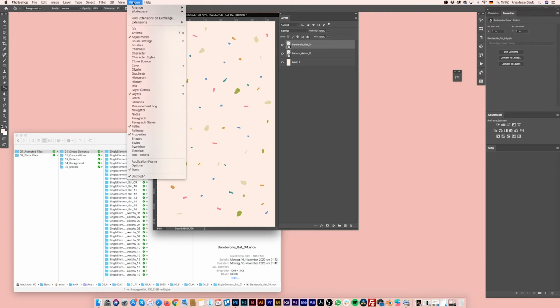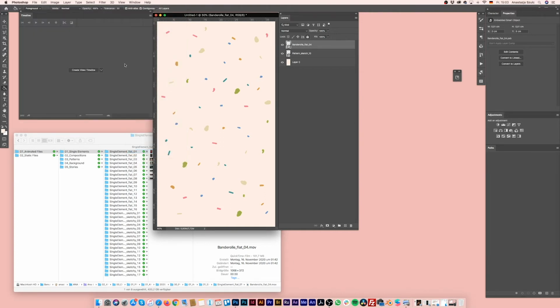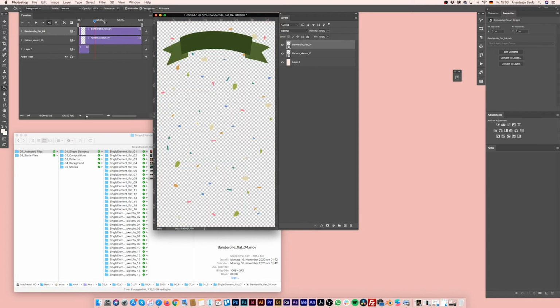So we go to Window, Timeline, and then you click on Create Video Timeline. Don't click on Create Frame Animation. Here we go. Now you can see the whole thing is 30 seconds long. Let's make it 50 seconds because we don't need a longer animation for Instagram stories.